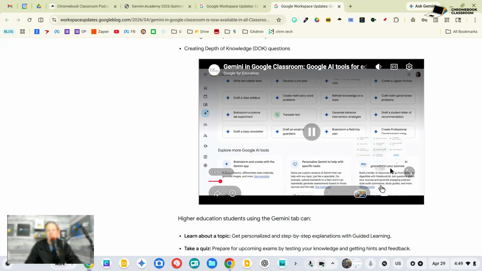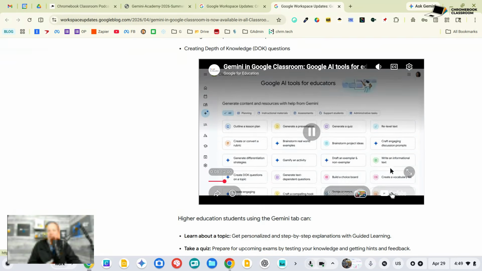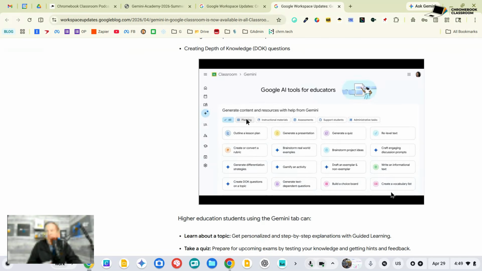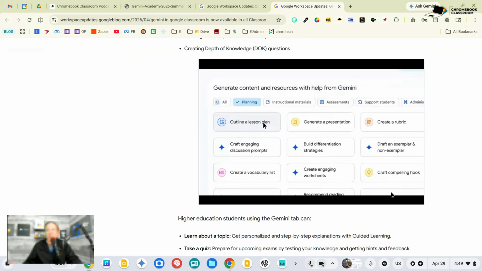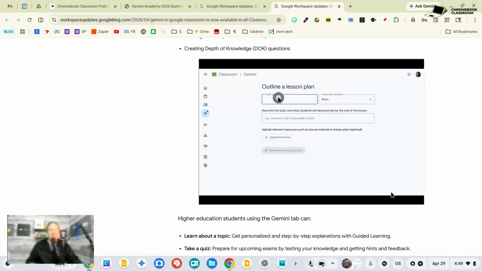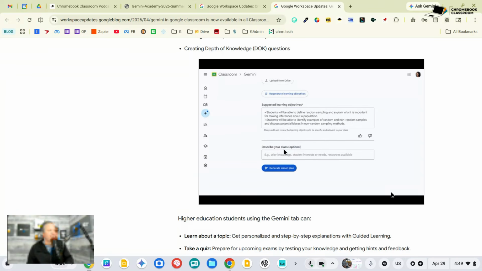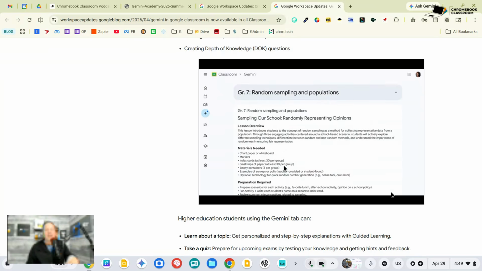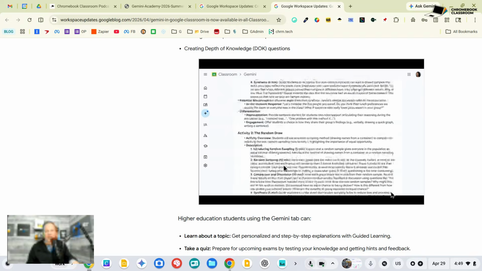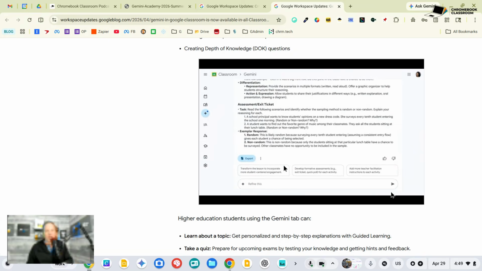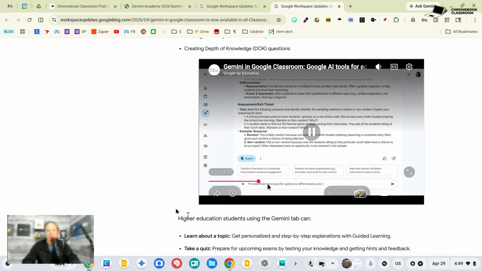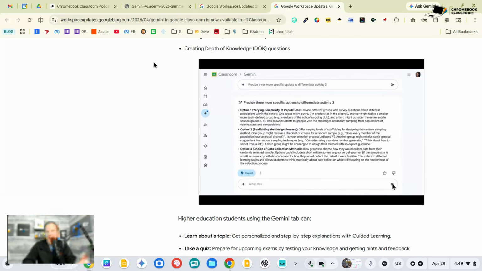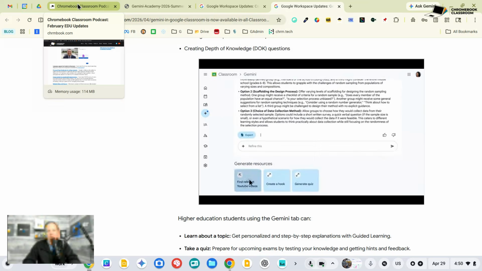And just to remind you, Gemini in Classroom is that feature that appears on the sidebar where a teacher can click on it and get support for creating lesson materials, audio podcasts, quizzes, and things like that. This is not a student-facing feature. We'll talk about some student-facing things here in a little bit, but this is specifically for educators. It has only been available to accounts in English, but now all Google supported languages will be included as well. And that's available for all accounts. Doesn't matter what version of Google you have.